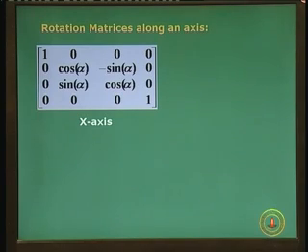Take a particular point and rotate it about the x axis: the x coordinate remains the same, but the y and z coordinates change. Let us say this is my y axis, this is the z axis. So, if you rotate about the x axis, which is now pointing towards you, the y and z coordinates change. That is why, if you look into the matrix form on the screen now, the second row and the second column are the places where the cosine alpha and sine alpha parameters are put, which will cause the change in the coordinates of the y and z values depending upon the amount of alpha. Of course, if alpha is equal to 0, you can very well see that it becomes an identity matrix, because it will not cause any rotation.